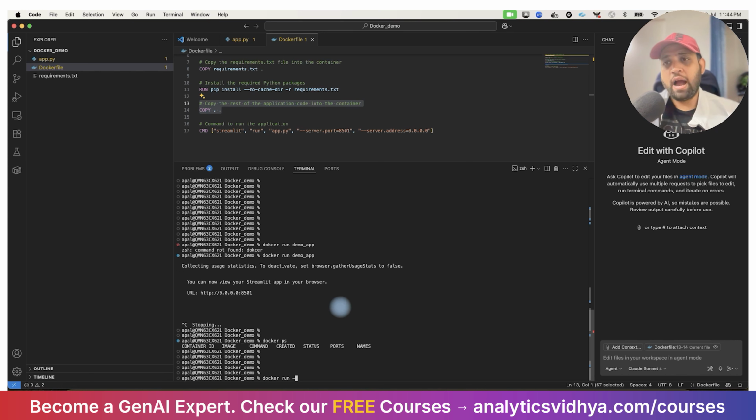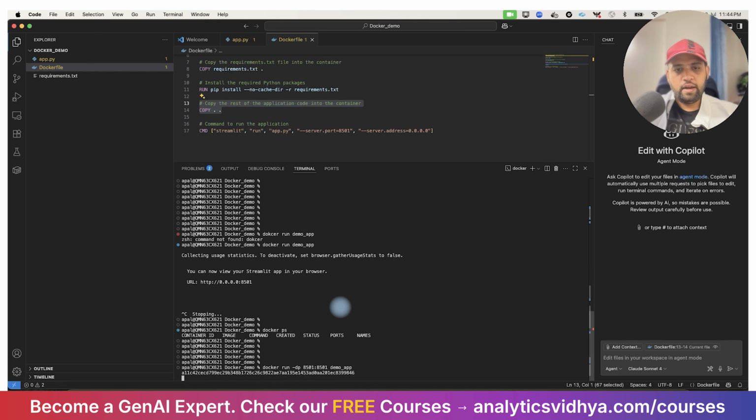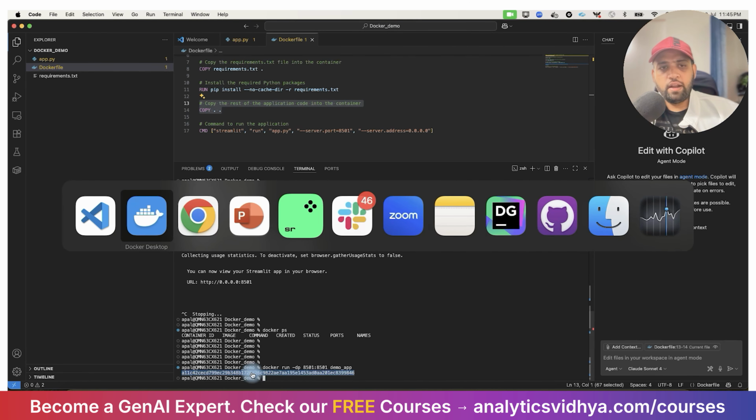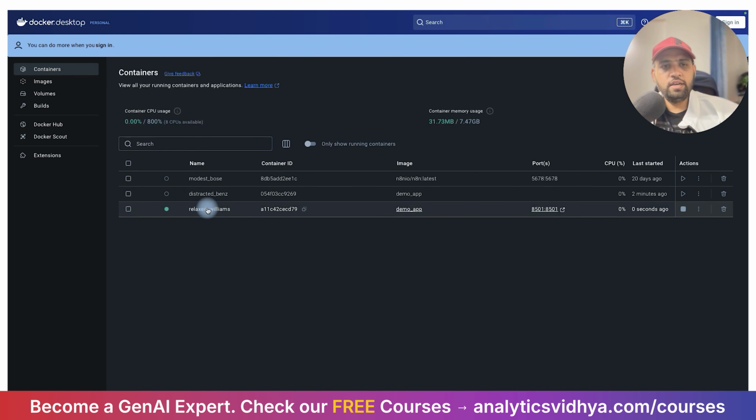but you need to map the ports, right? In order to map the ports, you can use dash p, and then you can define the ports that you really want to map. Let's say I want to map 8501 colon 8501. These are the ports I want to map, and then let me run this command demo underscore app, and let's run this. Now you can see I have created this image, and if I go back to my container,